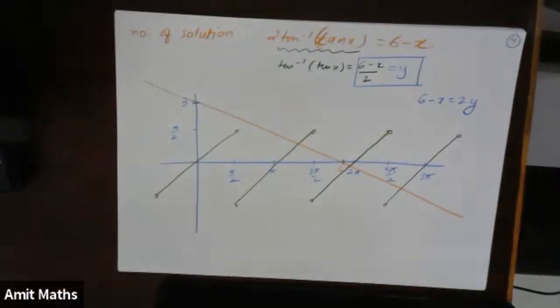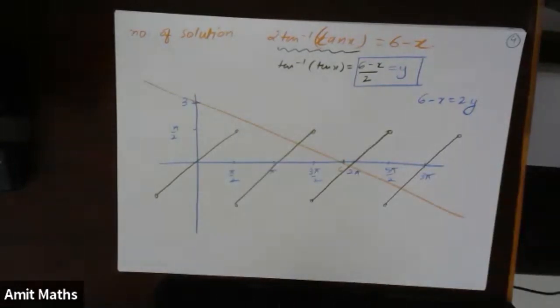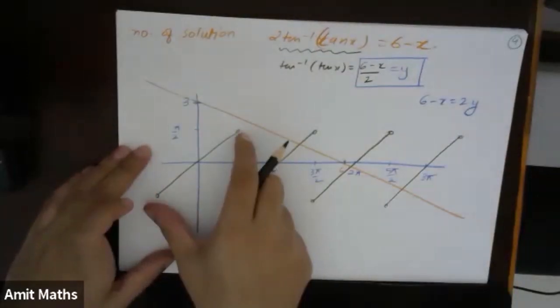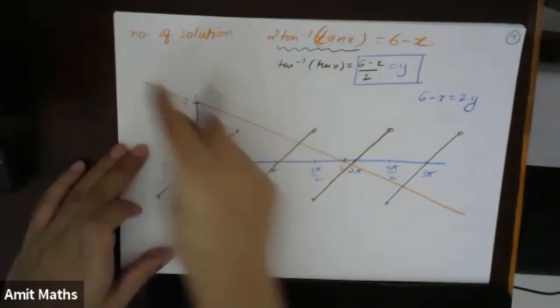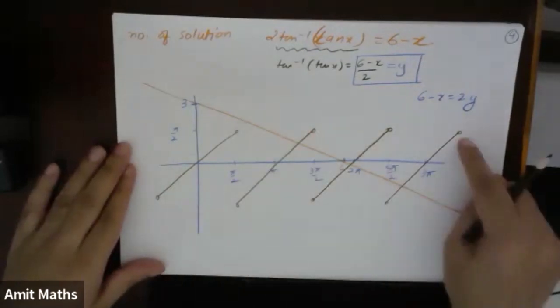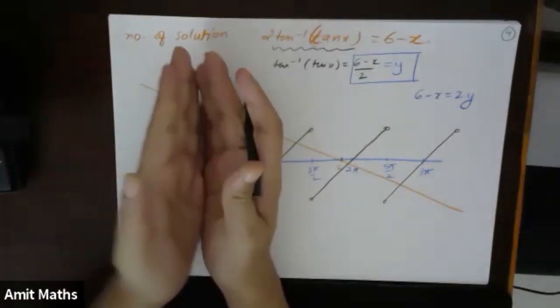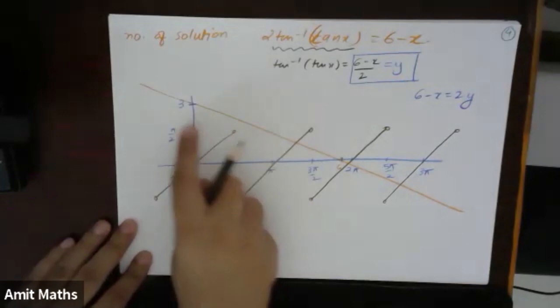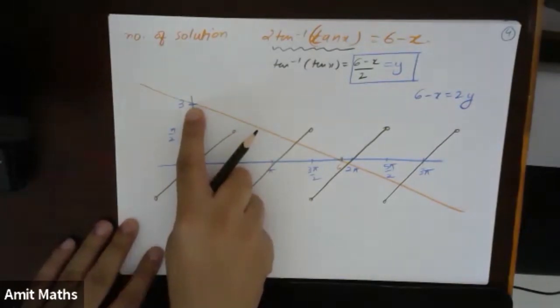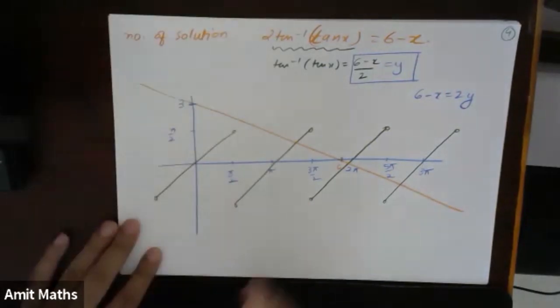Now see, I have drawn this graph because I know the answer will be 3. But the first thing I have to check is whether this line is intersecting this part of the line or not. So first I will write the equation of all the lines separately. One more thing, before the y-axis it will not intersect because the y-intercept is 3, so everywhere after this will be greater than 3. So you will not get any intersection before. First thing we have checked this one, right?